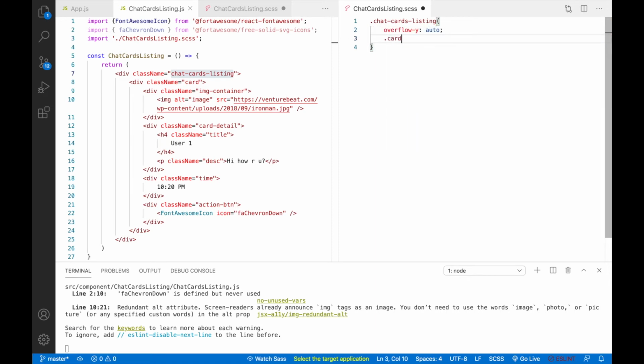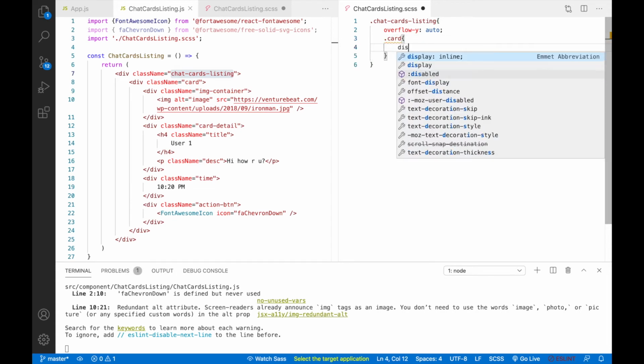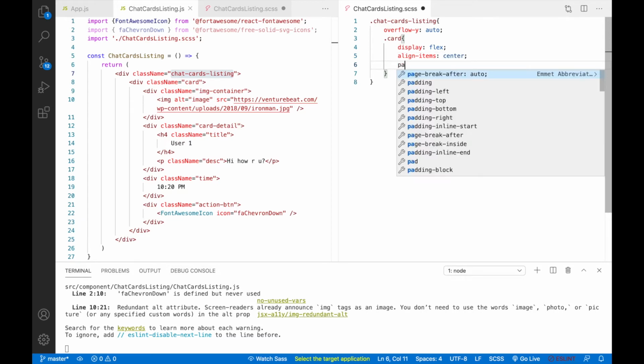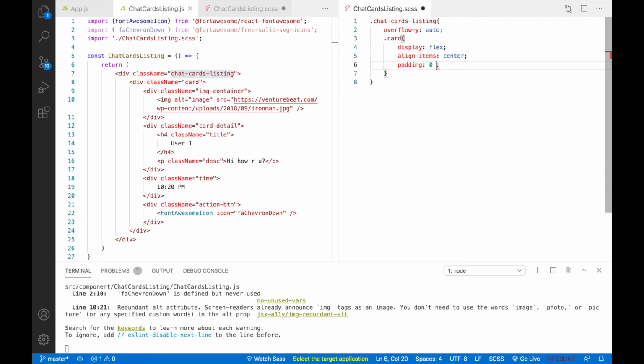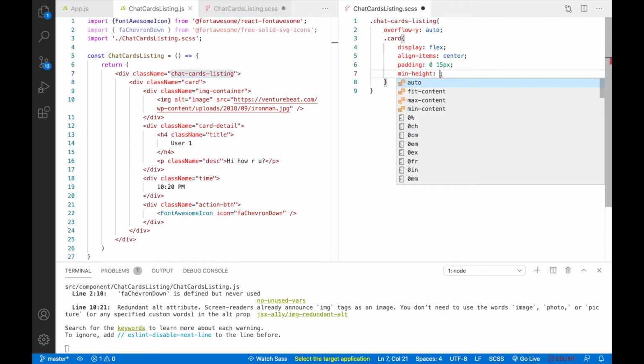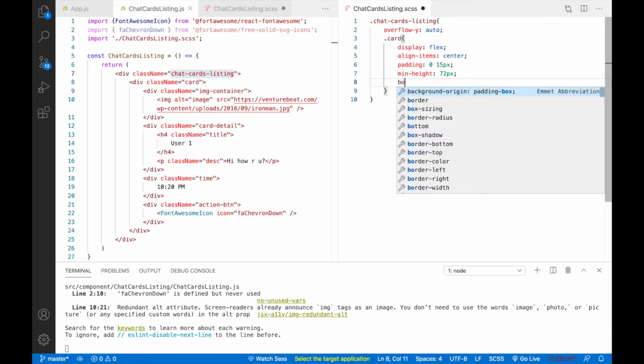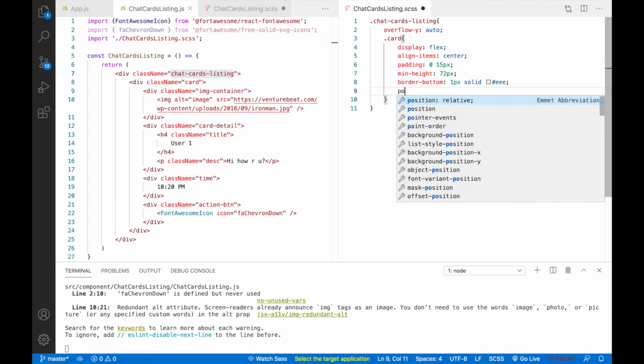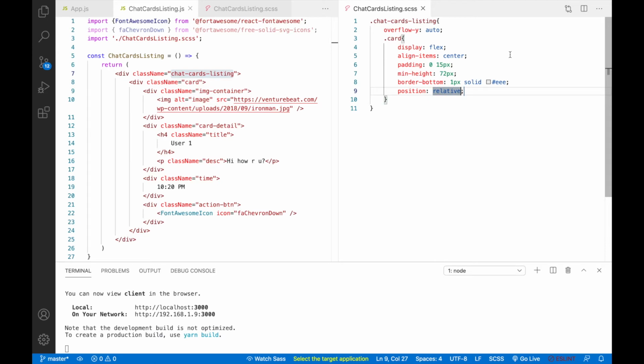Then we'll take the card, and here we'll write display: flex, align-items: center, then padding will be 0 and 15px, so min-height will be 72px. Border-bottom will be 1px solid #eee, that gray color, right? And position: relative. Okay, and inside this we'll take this image container,